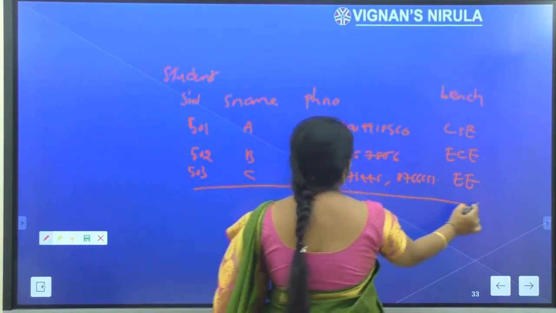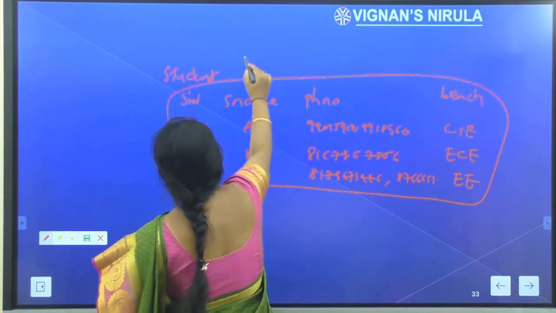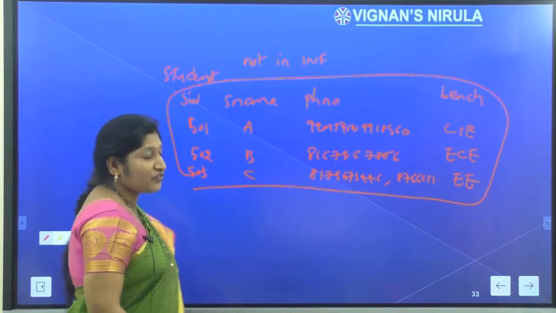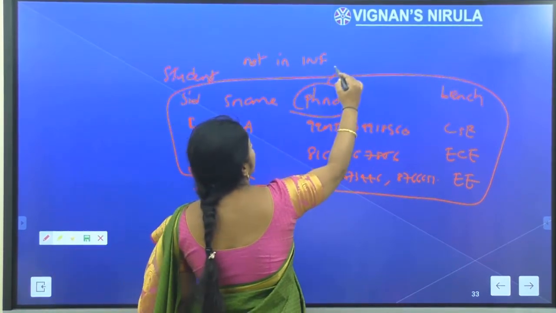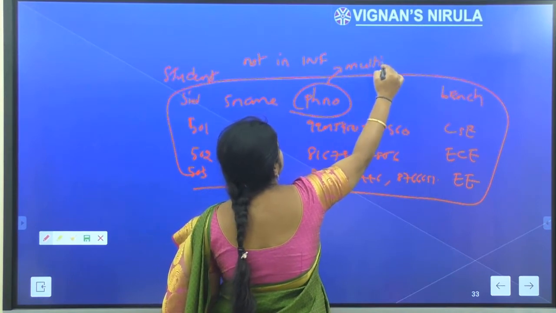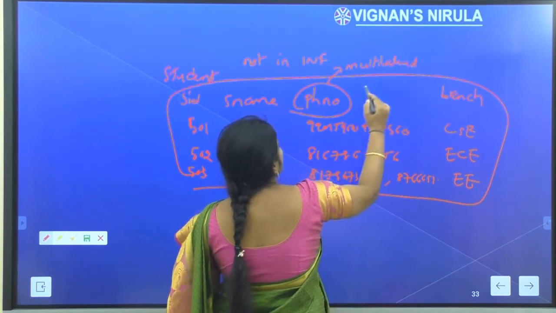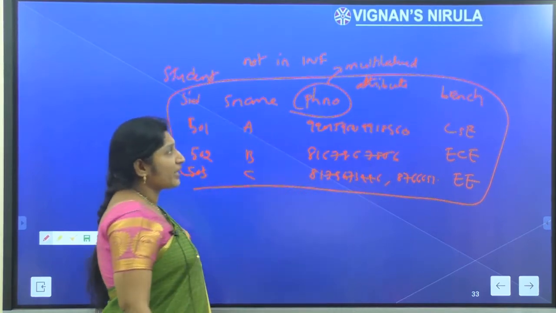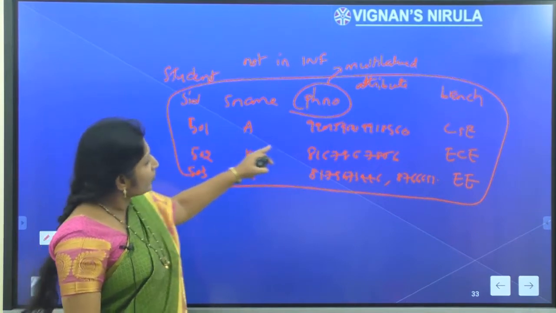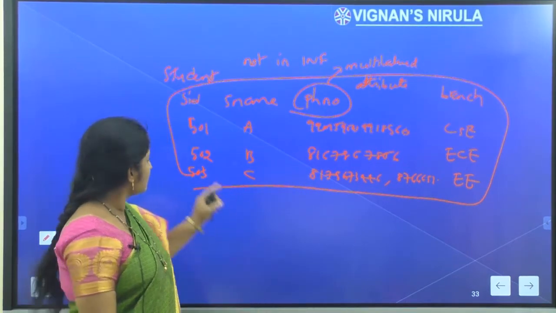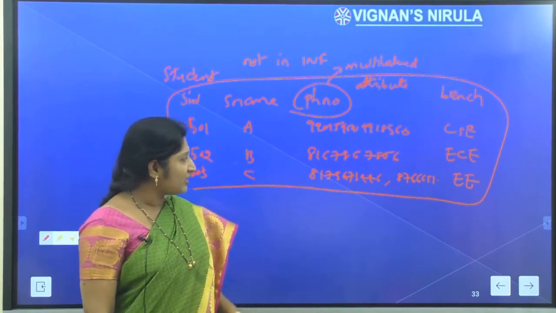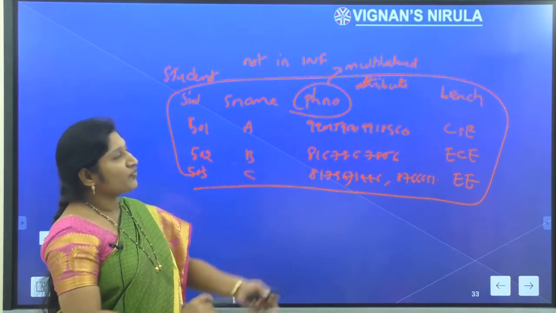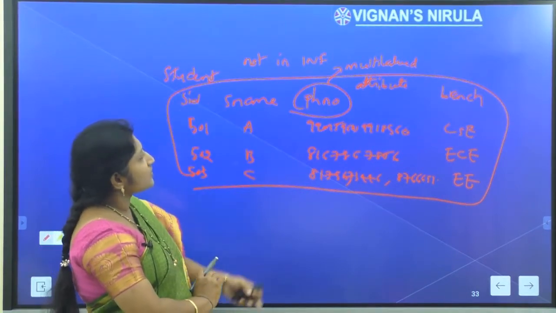While seeing this table, you can simply identify that it is not in 1NF. Why? Because the phone number field is a multi-valued attribute, as we have several values for a single tuple. For the 501 student, how many values for the phone number are there? 2 values. For the 503 student also I have 2 values, and 3 values for another. So the phone number field is a multi-valued attribute, and our student relation is not in 1NF.